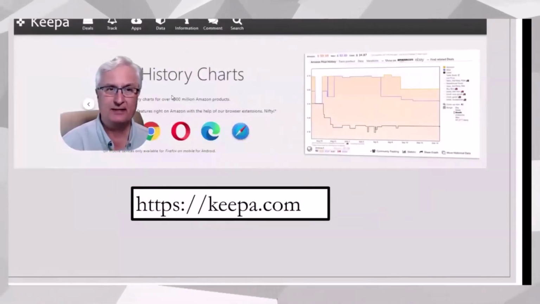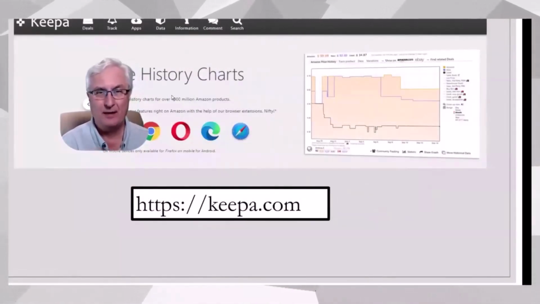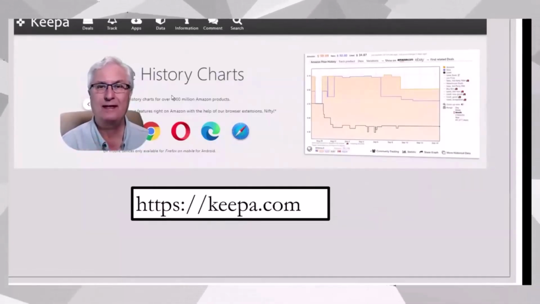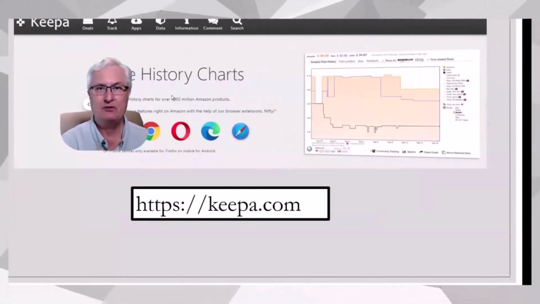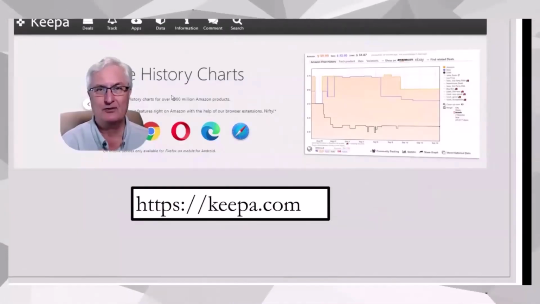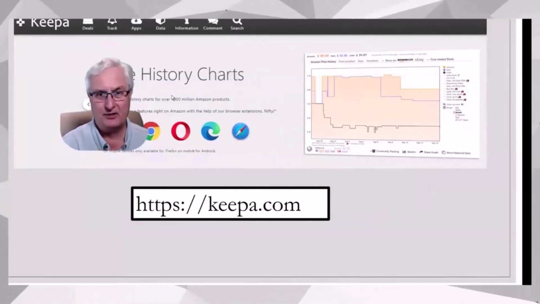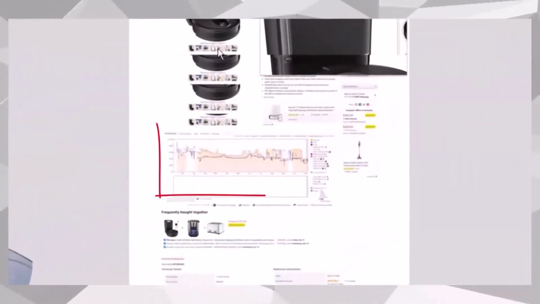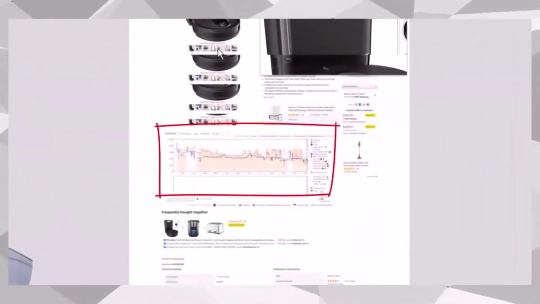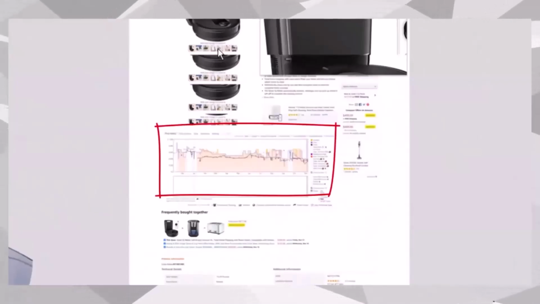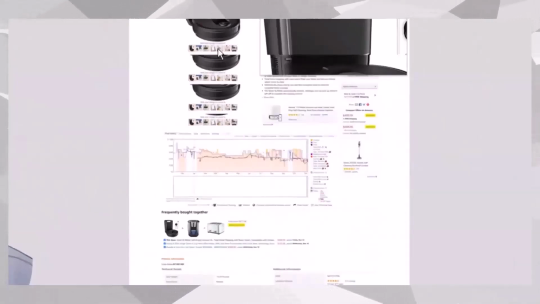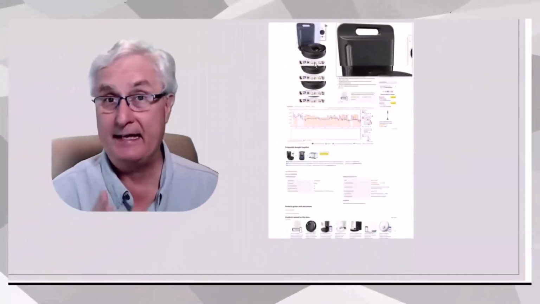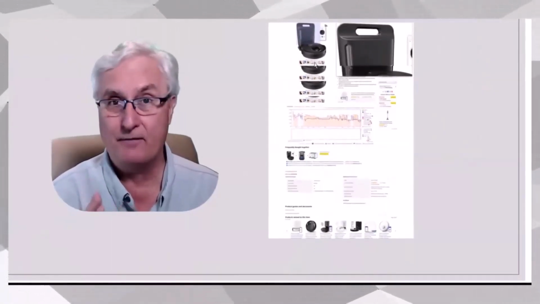Keepa is also an extension that tracks the pricing and works exactly the same as CamelCamelCamel, but there's one advantage to it. It gives you the chart right in the search within Amazon. Let me show you how that looks. Here you'll see a search on the robotic vacuum, and you'll see beneath the diagram the graph that Keepa has. So for this reason, I like Keepa better than CamelCamelCamel, but again, they work exactly the same and are free